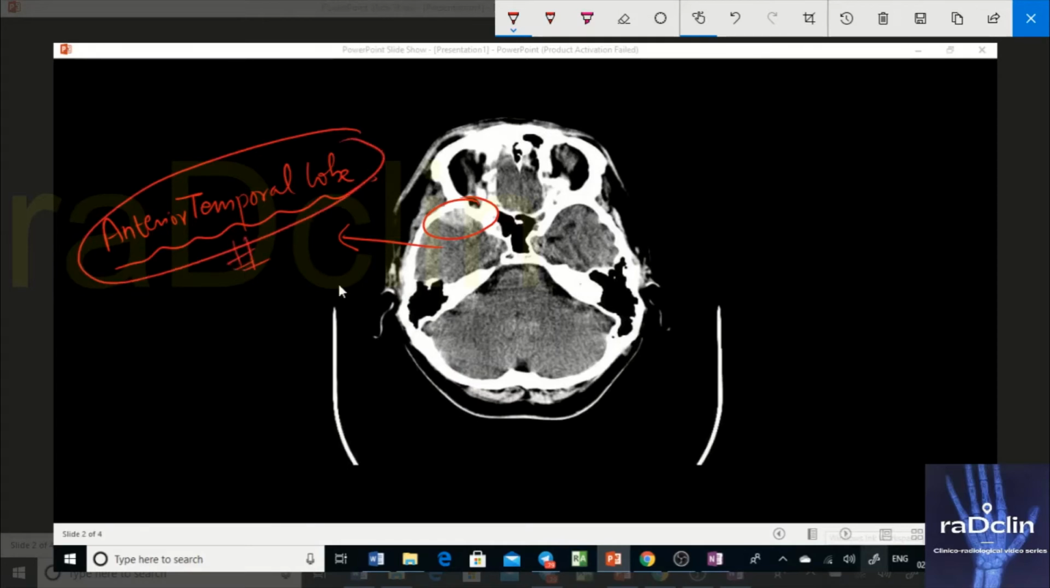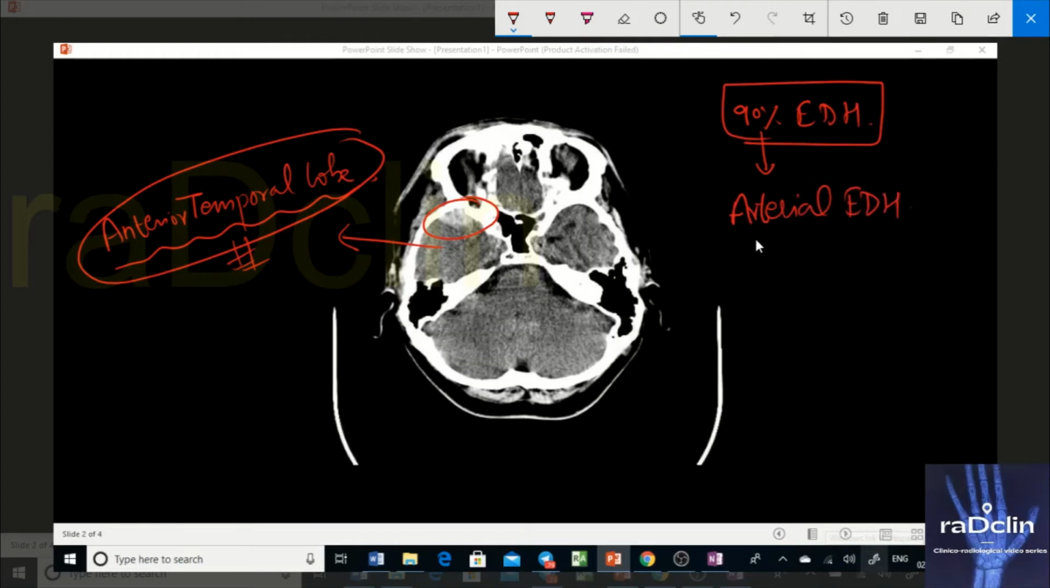Why is this location important? If you see EDH in this location, remember this. Till now, whatever features I told about EDH were typical EDH. 90% of EDH behave like what I just told. And these EDH are known as arterial EDH. Till now, whatever information I gave you, you must have known, because it's part and parcel of a radiologist's work to deal with trauma cases. So arterial EDH is the most common EDH, that is 90% of EDH, and those are the typical